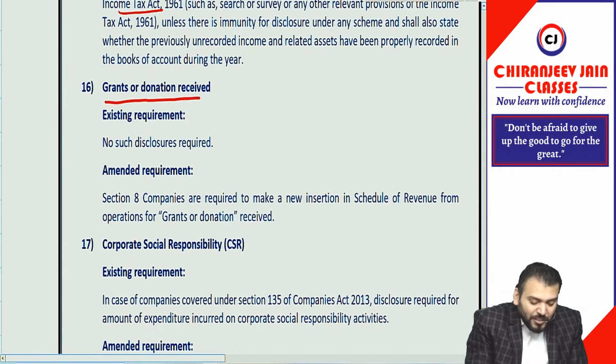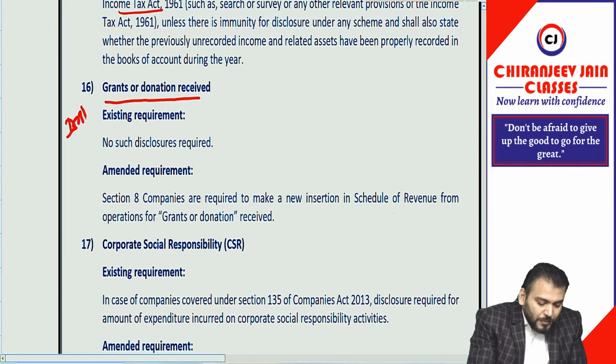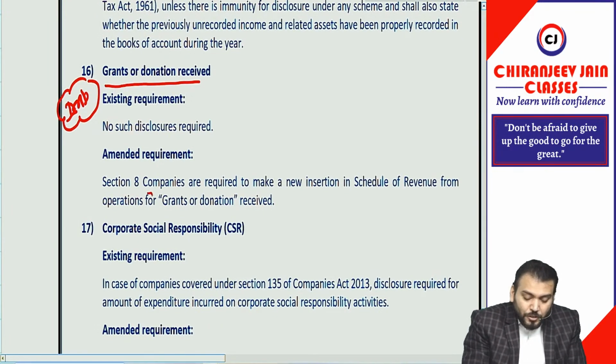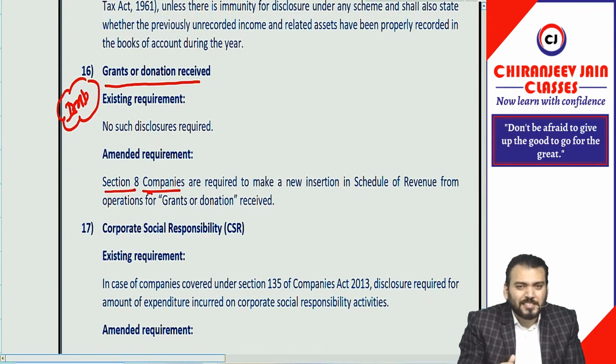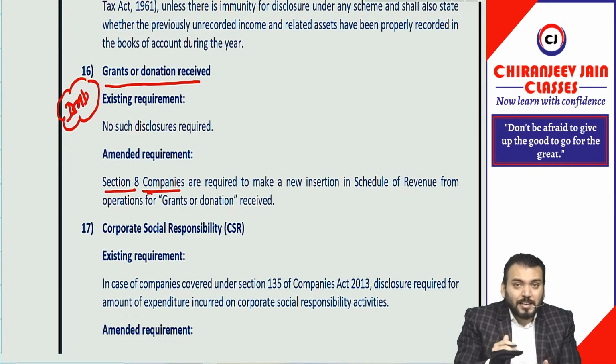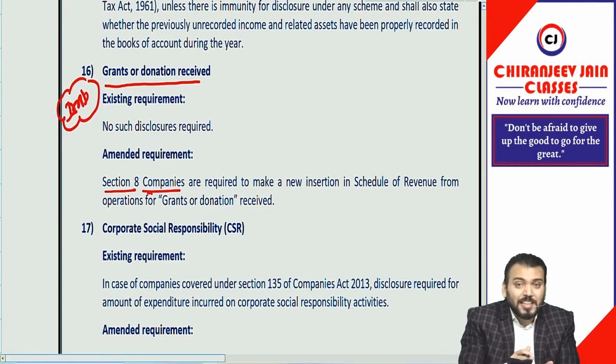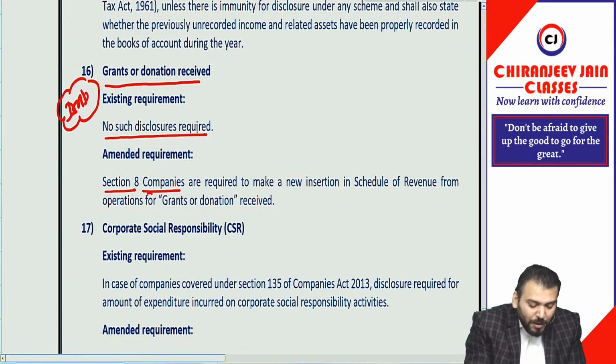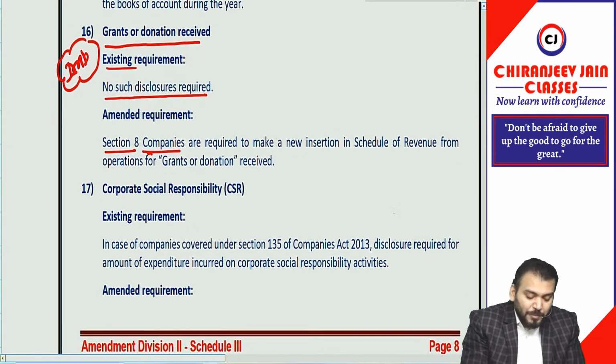Then grant or donation received. This is important. Can I say for any companies which are under Section 8 of the Companies Act, Section 8 companies, are you getting? They will receive grant, and for them grant will be revenue, that will be their main income. So for any Section 8 companies, grant will be disclosed under the head revenue from operations. Previously there was no such disclosure requirement, but now as per the amendment,